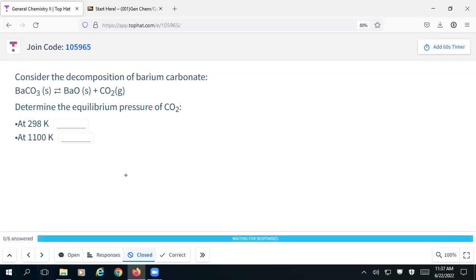So we want to look at this problem here. Considering the decomposition of barium carbonate, what is the equilibrium pressure of carbon dioxide at 298 Kelvin and at 1100 Kelvin? Now, the one thing that we want to consider is that given this reaction set,